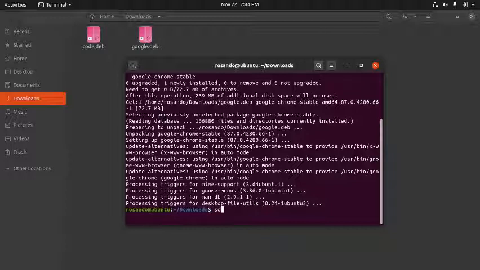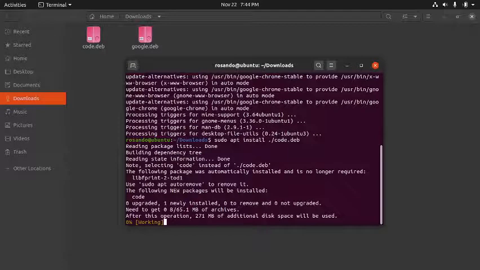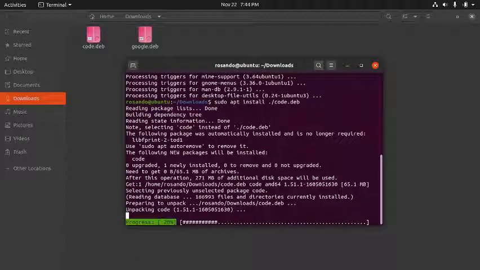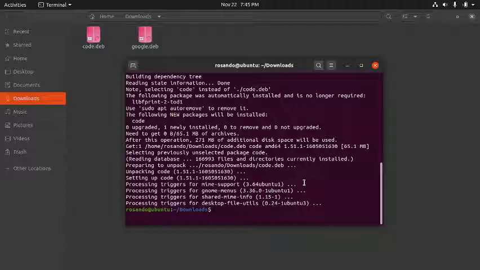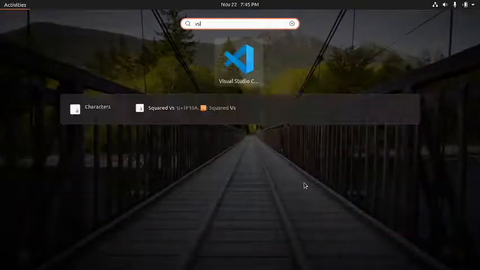So I can type sudo apt install and the code file, and basically this is going to add a repository location so that VS Code can be updated, and do the installation for VS Code. So it's going to take a few seconds again to run through the installation for VS Code. Okay, now that VS Code installation is completed, what we can do is check it again,